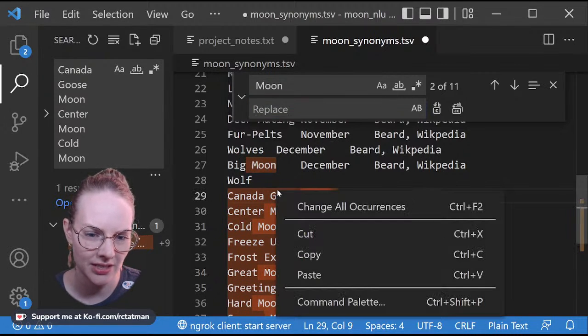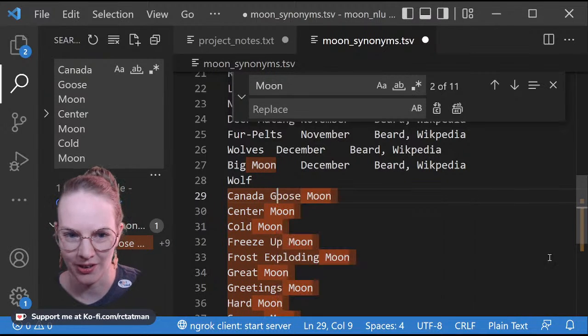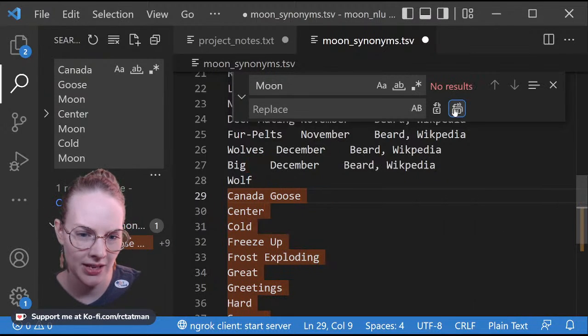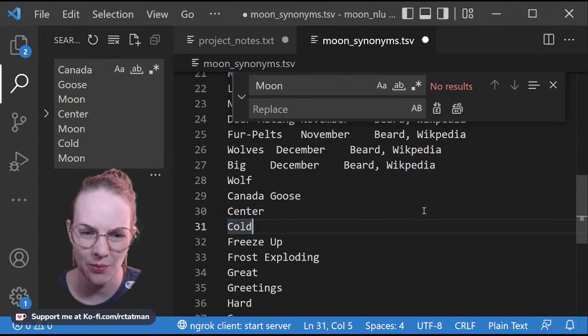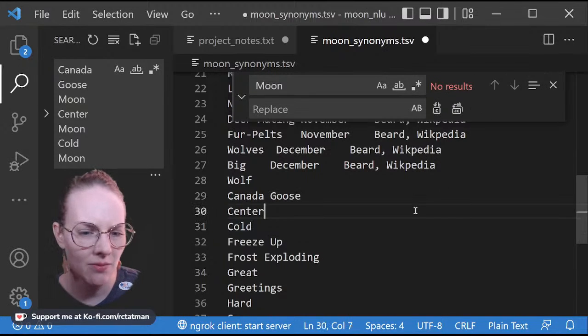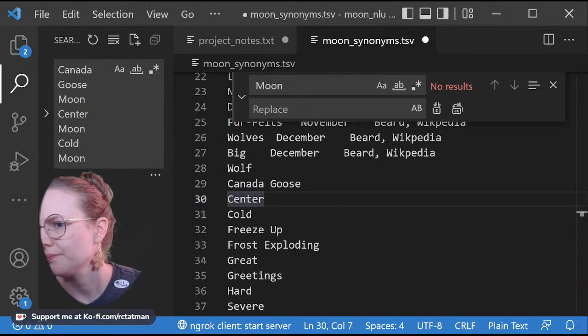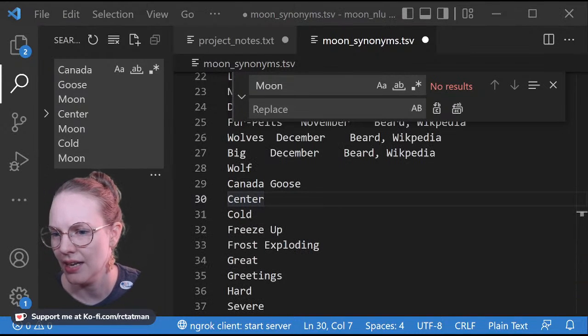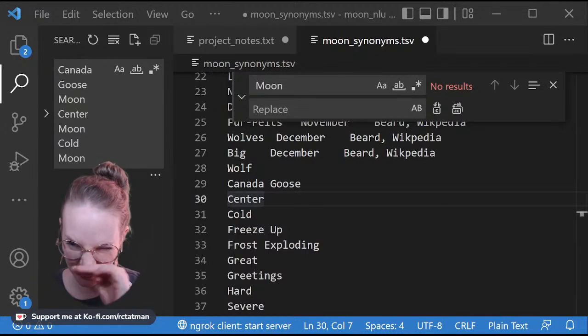So you can see that I have this selected, right? And my options are change all occurrences. And if I replace all, it gets rid of the things outside of the selection as well, which I don't think I wanted it to do. I'm willing to live with that though, for the moment. I think that's okay. All right. And then that's going to be January, all of those ones.